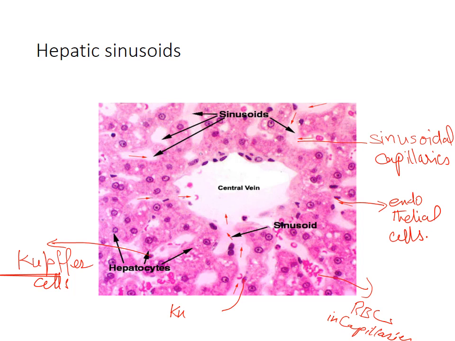so they have pores, they have gaps in between them, and they do not have a diaphragm on these gaps. The intercellular gaps are also present between the adjacent endothelial cells. So the adjacent endothelial cells are wide apart, and their fenestrae, their pores, have no diaphragm, and the basement membrane of the sinusoidal epithelium is also interrupted and extremely thin, and it consists of reticular fibers only.